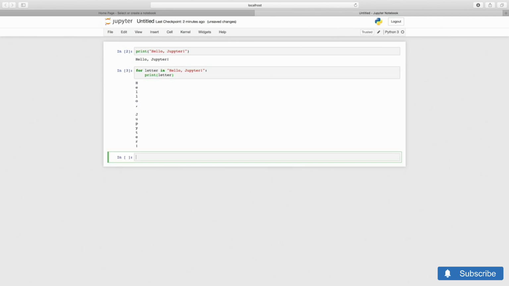Cells can also contain text rather than code. For that, I can use the drop-down menu Cell to change the cell type to Markdown. Then I click in the cell and start writing. Markdown is a simple but powerful text format that can do basic formatting: bold, italic, bullet points, hyperlinks, and even mathematical formulas. For instance, bold